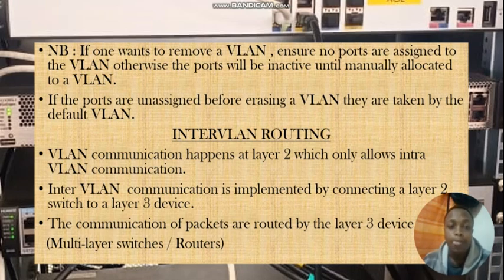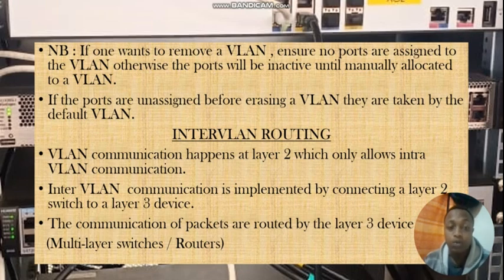inter-VLAN communication. When one VLAN is talking to itself, that is what we call intra-VLAN communication, that is traffic from one VLAN. When we are talking about multiple VLANs communicating with each other, we talk about inter-VLAN communication, and this is implemented by connecting a layer 2 switch to a layer 3 device, as we have just talked earlier. Now the communication of packets is routed through the layer 3 device, and we could have a multi-layer switch, that is a switch with layer 2 and layer 3 capabilities, meaning that it has routing capabilities,